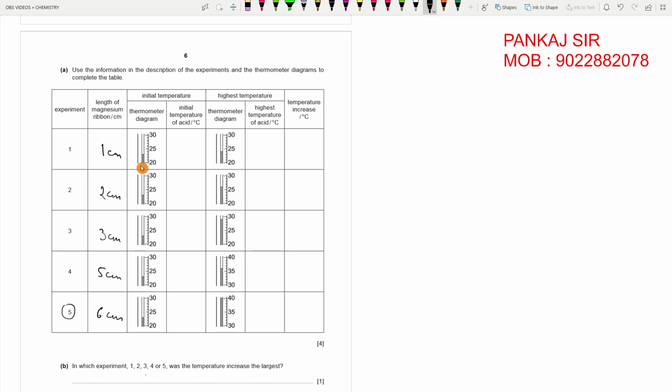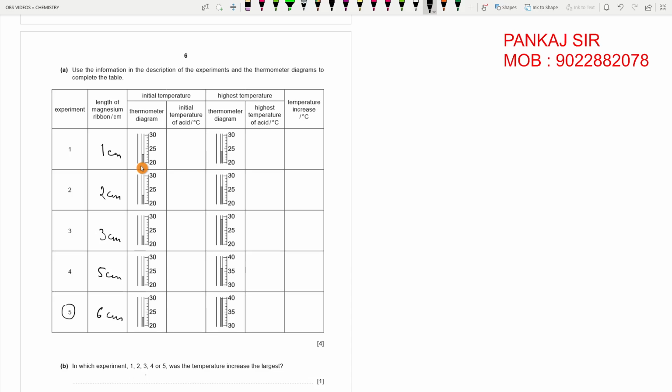Okay, then the highest temperature reached by the thermometer. Now these are the thermometer readings. Now going by these readings, this has to be around 24 degrees centigrade. And this is, I think, 26 degrees centigrade. This is around 29 degrees centigrade. This reading, it looks to me like 36 degrees centigrade. And this is 40 degrees centigrade. Okay. So these are the highest temperature recorded, and I have taken it from these diagrams